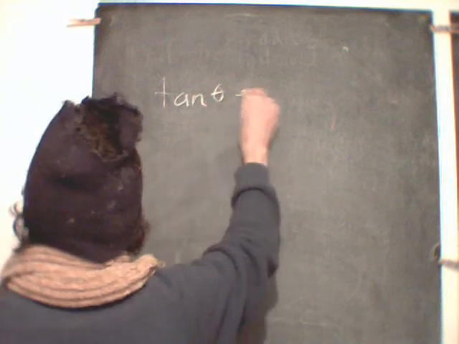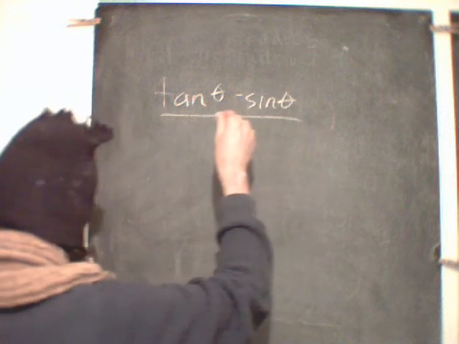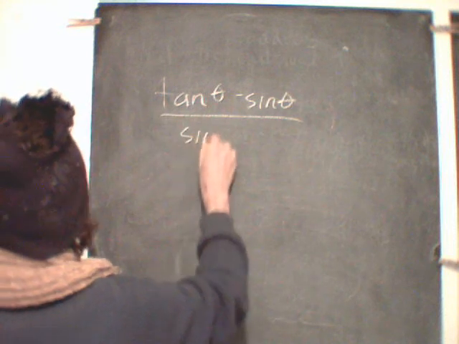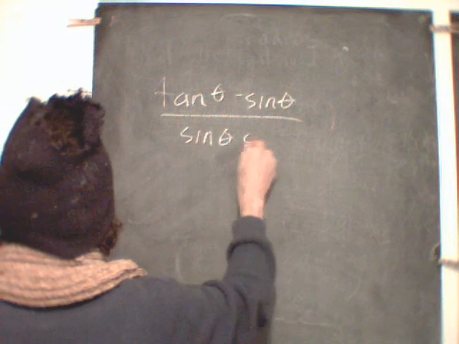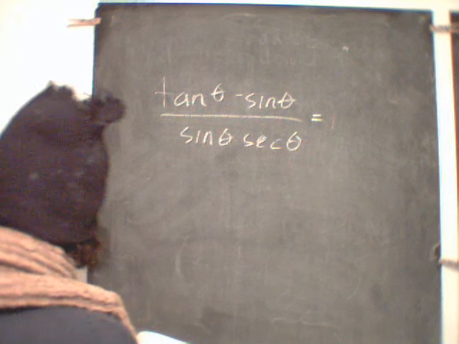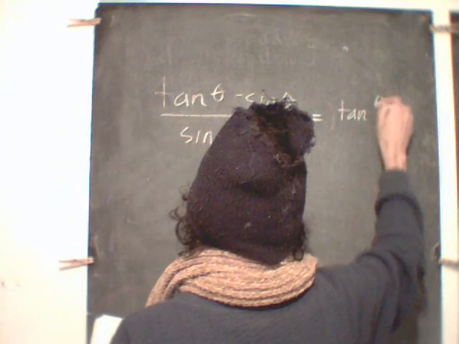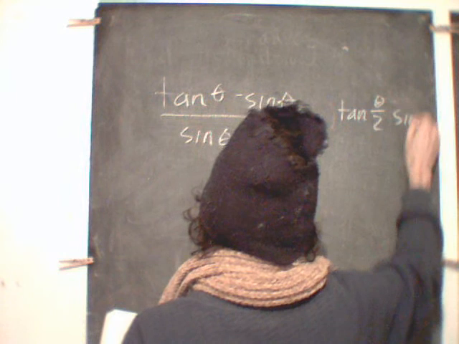Tan theta minus sine theta divided by sine theta secant, and they're saying that is equal to tan theta over 2 sine theta. Okay, well,